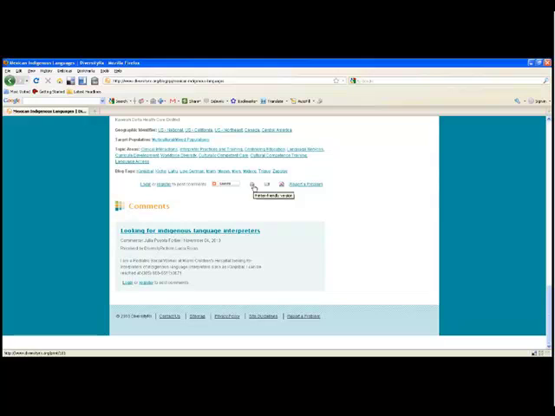But in addition to the share box, you can click on this icon for a printer-friendly version. You can also click on this little envelope to use another utility to send it to a friend or send it to yourself. You can PDF the page. And if there's a problem with a page, then you can click on this link and report it to us.